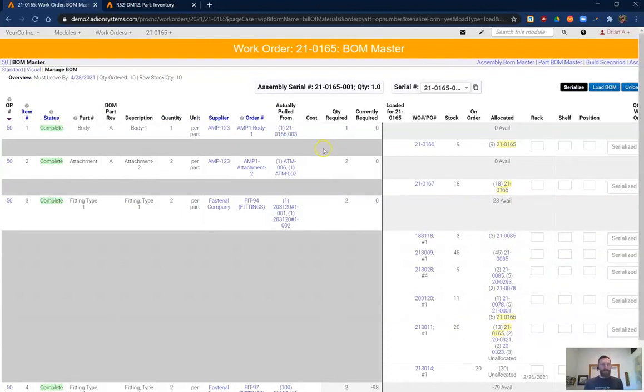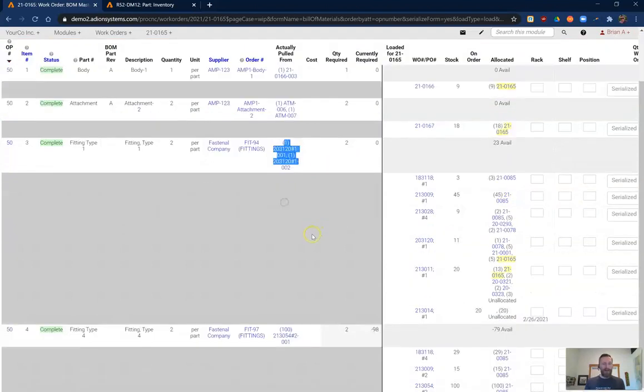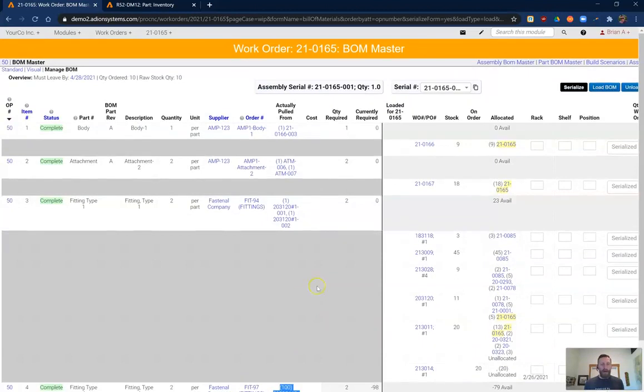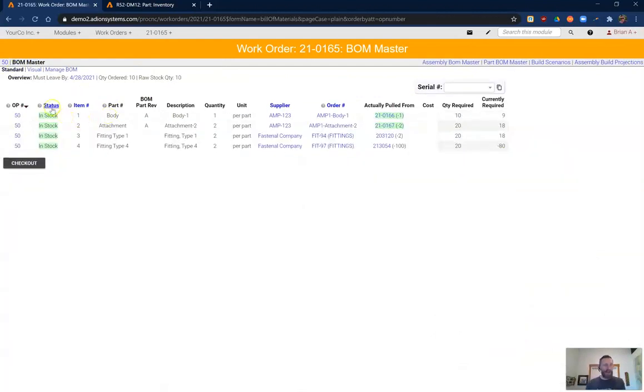every item that I have here will be pulled for this work order. This is assembly serial number, quantity 1. I've got 1 of those, I've got 2 of those, 2 of those, and of course, I've got 2 of these. Now, this is showing that I pulled it from the lot of 100 pieces, but the status for each one of these line items is complete. I'll be able to reference that at any point in time when I want to look and see what's going into serial number 1. Now let me go back to standard view here,